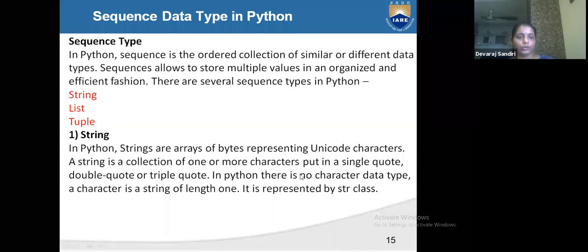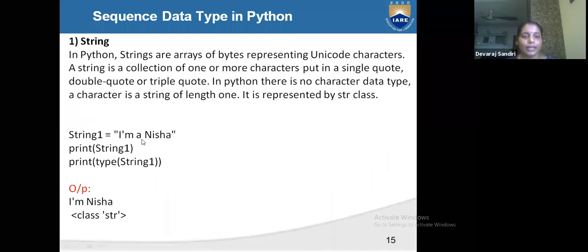Already I explained this. Next, string will be there. See, I am Nisha. So print string. What is the type of string? Print of type of string means it is a class of string.